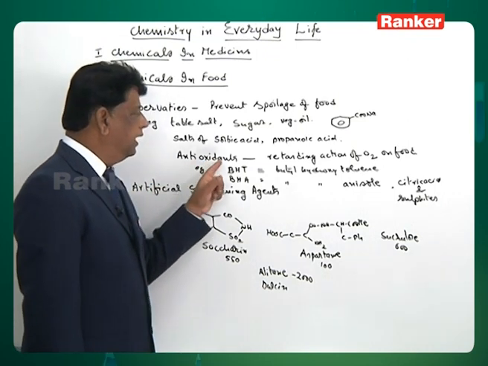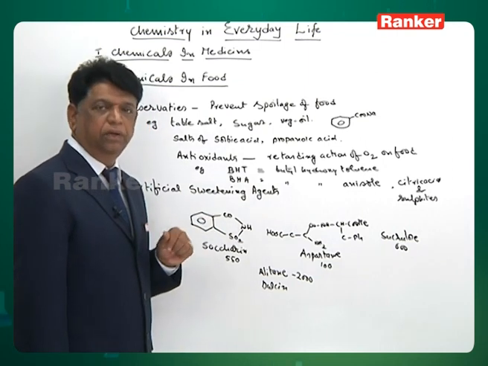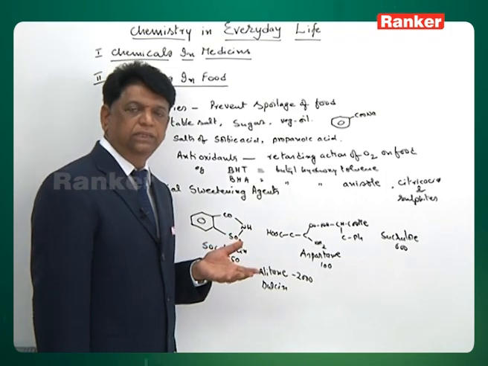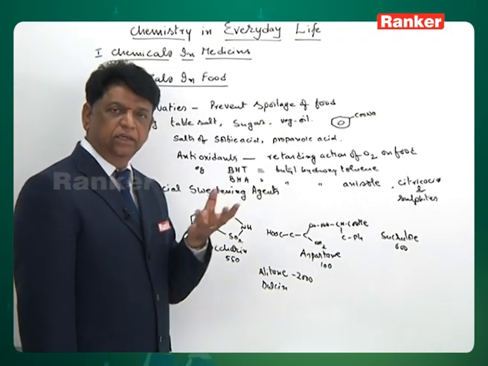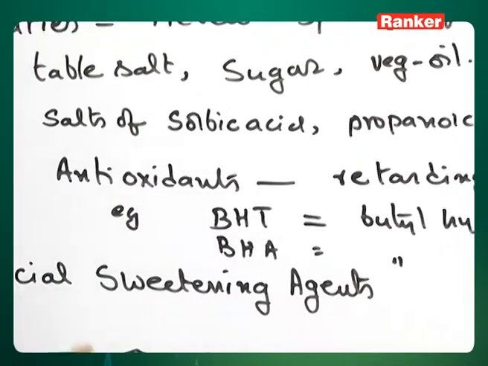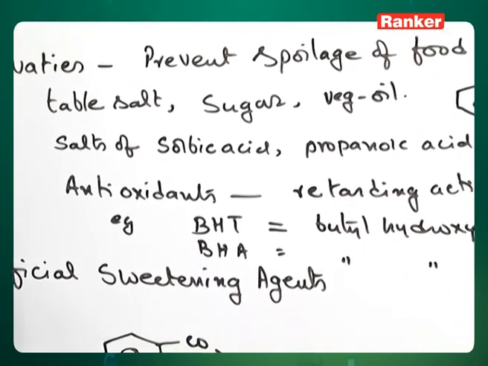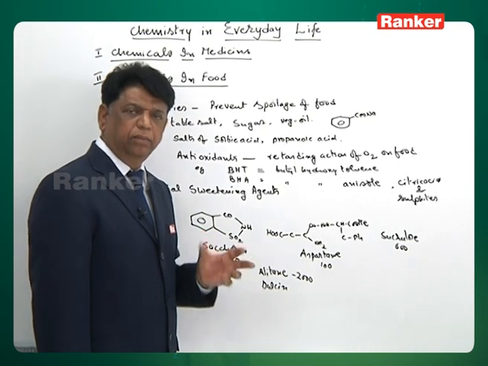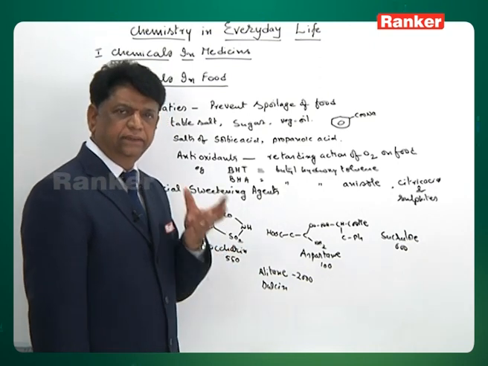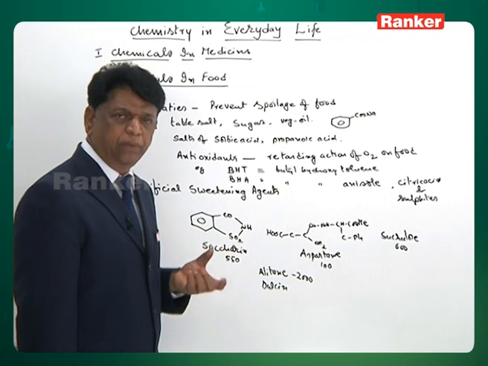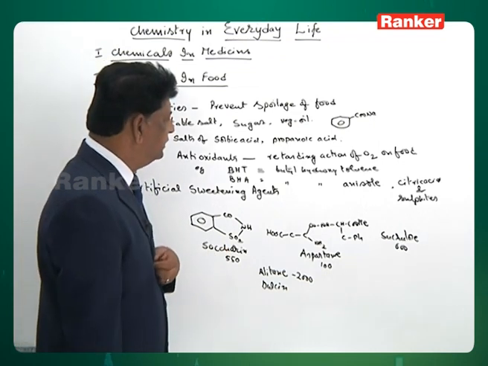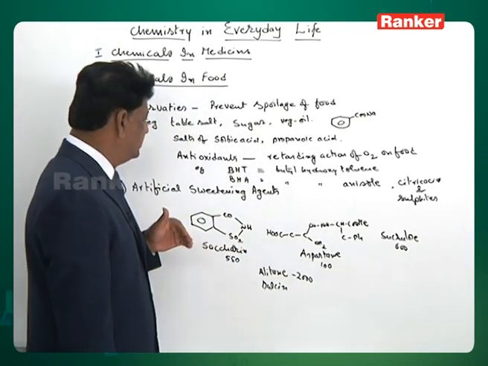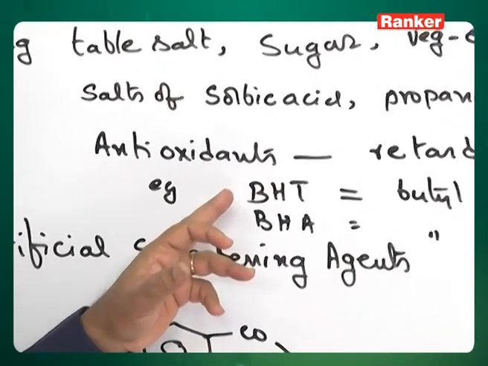Antioxidants: sometimes food gets spoiled because of oxidation. For example, vegetable oils undergo rancidification by exposure to air. There are double bonds in the glycerides, and these double bonds get oxidized to epoxides, and some acids and aldehydes are produced by the oxidation. Such oxidation can be stopped by adding some chemicals, specifically butyl